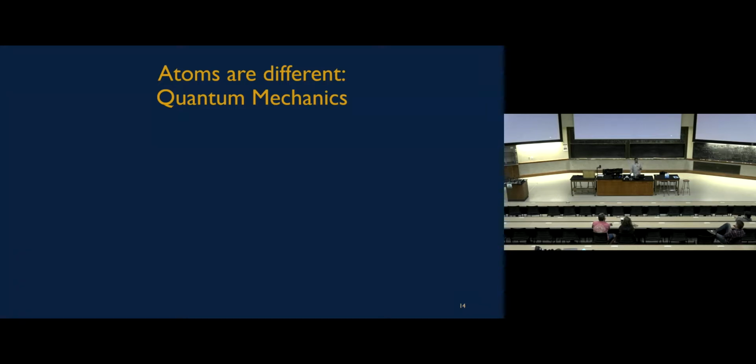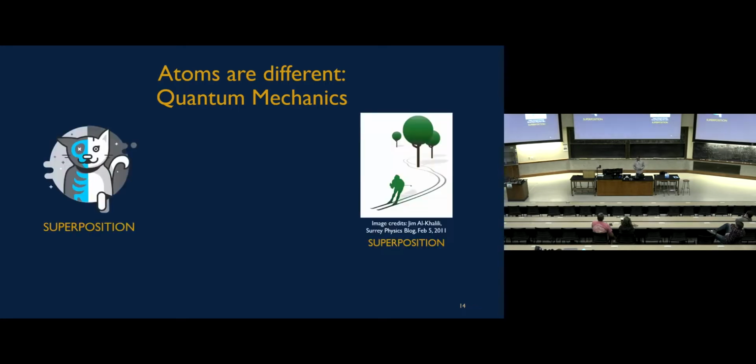Atoms and subatomic particles behave fairly differently from regular stuff. For those of you that come to these talks, you might have heard a couple on quantum mechanics or particle physics, and you might know some of this. But just to give you a 2-minute summary of exactly how they're different, the first way is superposition. Superposition just means that everything is not necessarily in one place at one time. Some things can be in more than one place at the same time.